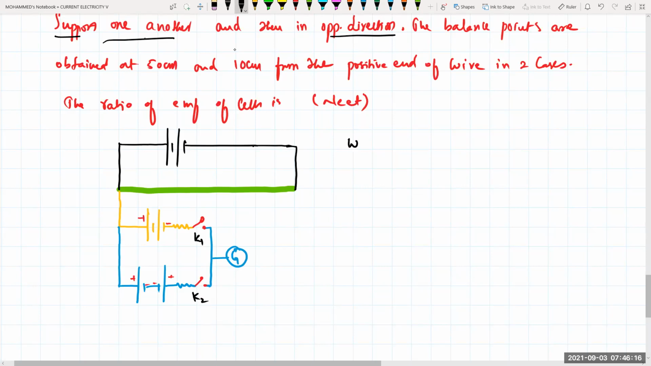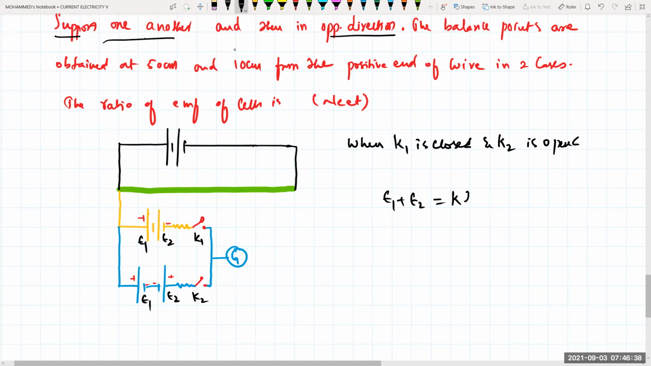When K1 is closed and K2 is opened, then only the cells E1 and E2 will come into the circuit. This is E1 and this is your E2. Both of them are supporting each other. E1 plus E2 will be equal to the potential gradient into balancing length, say for example, L1. Then in opposing condition, when K1 is open